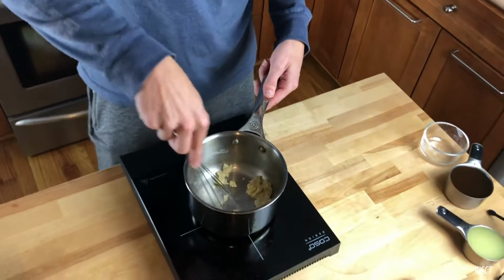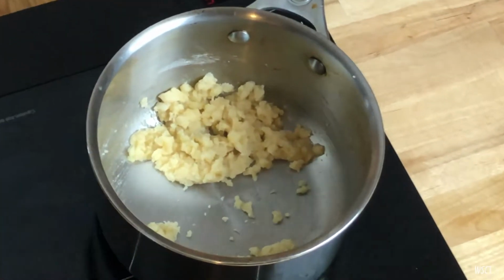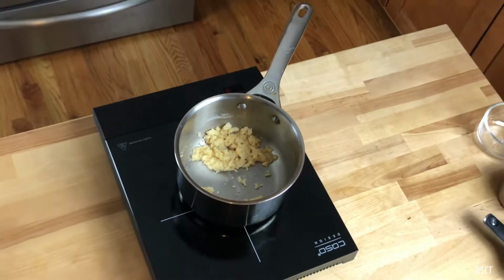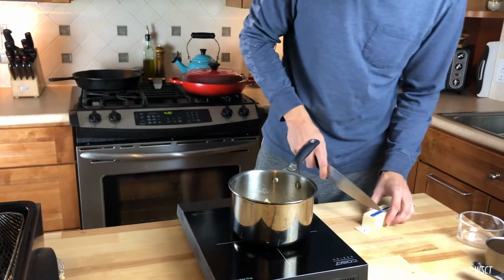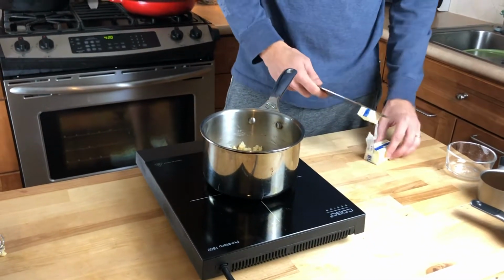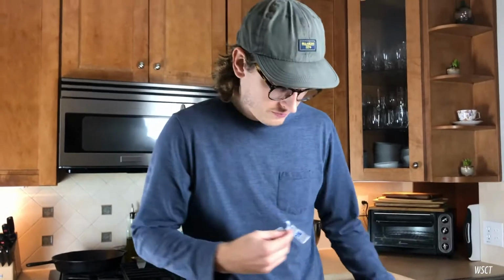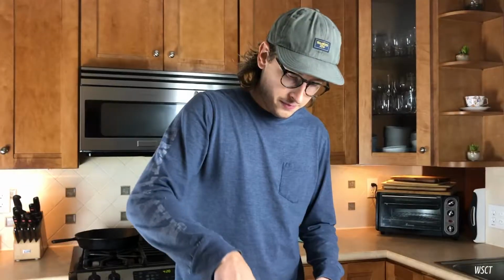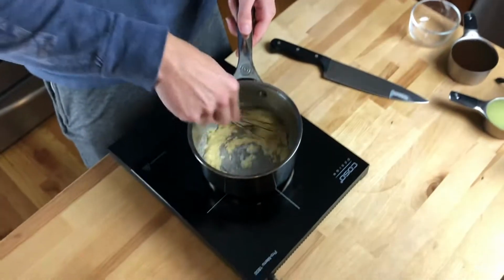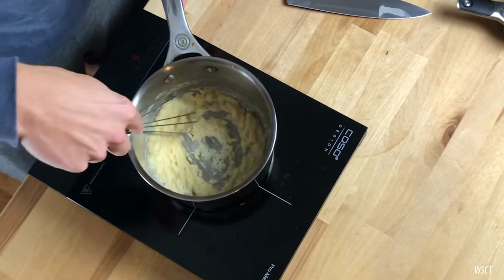Alright, this roux is looking a little bit more like a frittata right now than a roux. So, you know how we're gonna fix that? We're gonna go to the handy dandy fridge, grab ourselves a little bit more butter, and rectify the situation. Let's say another 1.5 tablespoons. You know what my mama used to say is butter makes it better. Actually, I think my mom has never said that. She's pretty healthy. Do you want to get a little close up on this guy? See how it's coming back into a, it's more like a sauce now, which it's not, it's flour, but it's